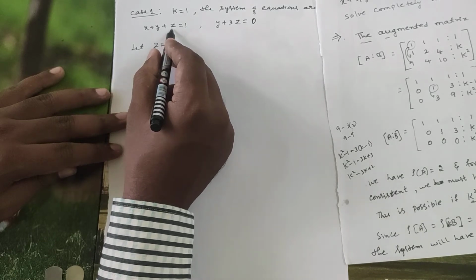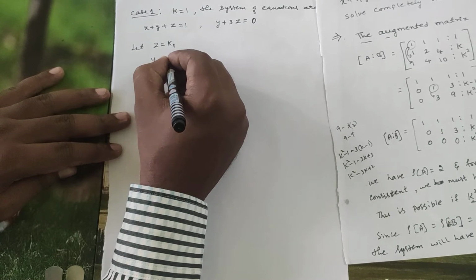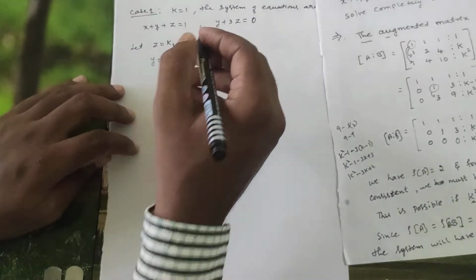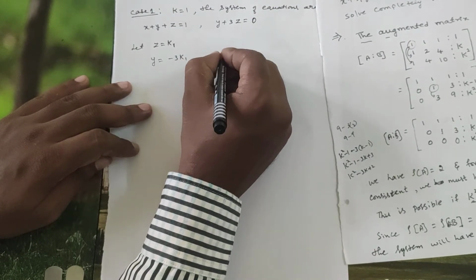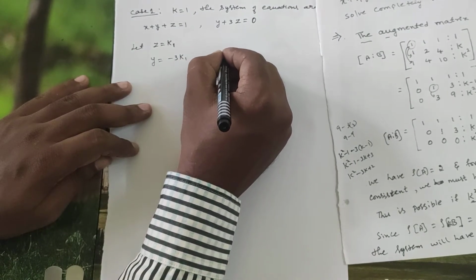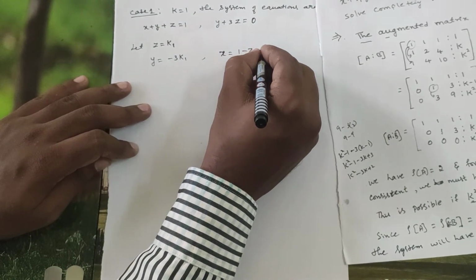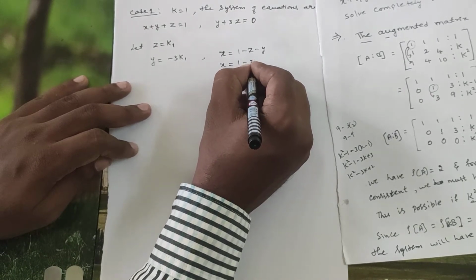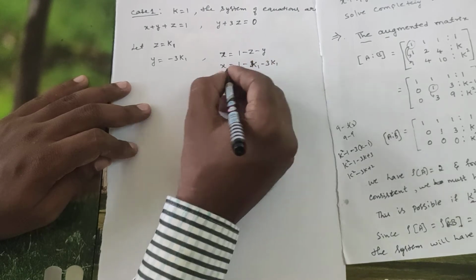So if you put z equal to k1, what do you get? y equals minus 3 k1. Now x equals 1 minus z minus y. So x equals 1 minus k1 minus